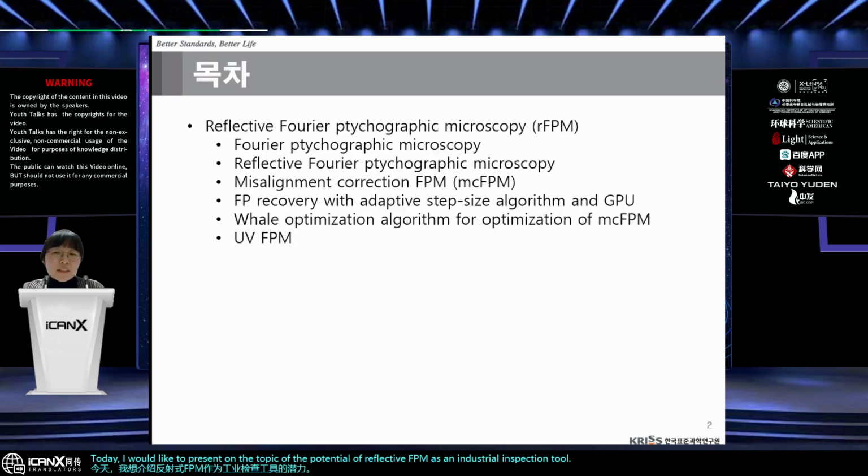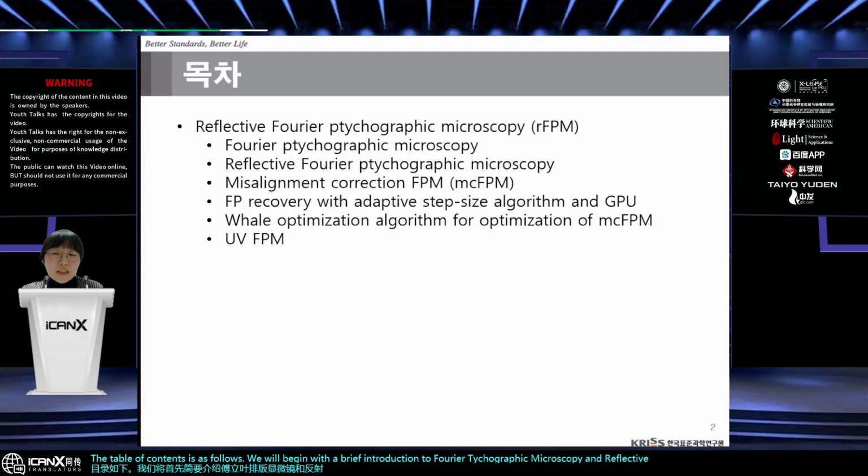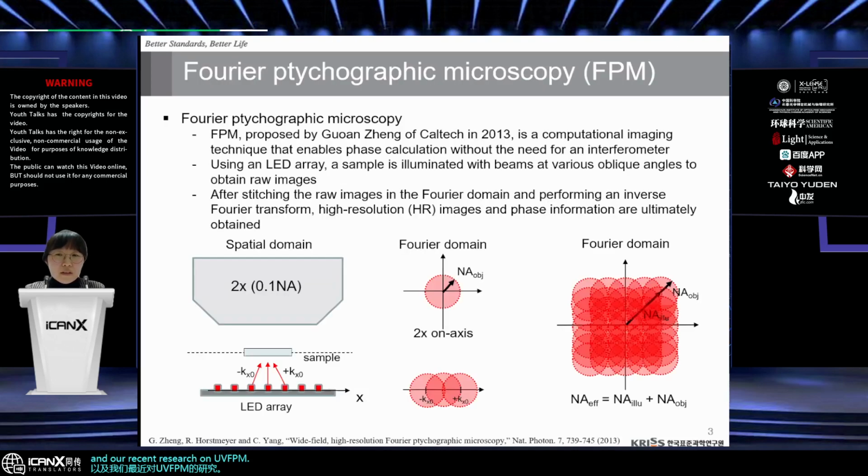The table of contents is as follows. We will begin with a brief introduction to Fourier ptychographic microscopy and reflective Fourier ptychographic microscopy. Then we will discuss various research, including time reduction of misalignment correction and FP recovery using adaptive step size and whale optimization algorithm, and our recent research on UV FPM. Fourier ptychographic microscopy, called FPM,